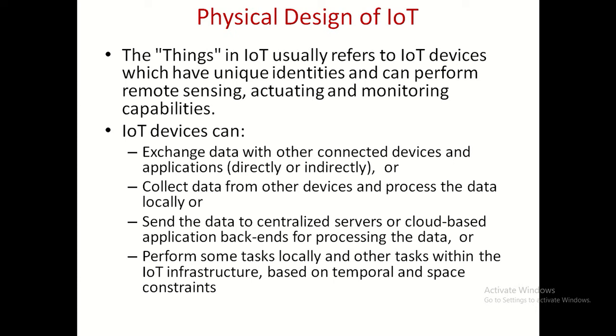And then actuating means how do I convert my numbering system into an electrical signal. Say, for example, if I want to switch on a bulb or switch on a motor or switch on some fan and so on. How do I convert my numbers into an electrical signal, and that electrical signal will energize some coil which will convert the current into an electromagnetic field, and some motion takes place. So this is all about converting energy from one form to another form. So that is the actuating.